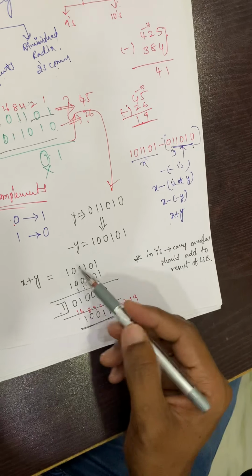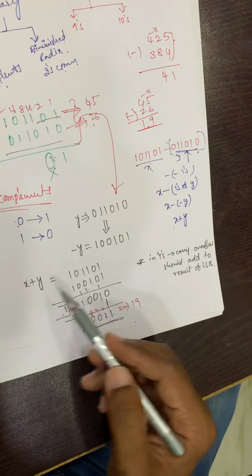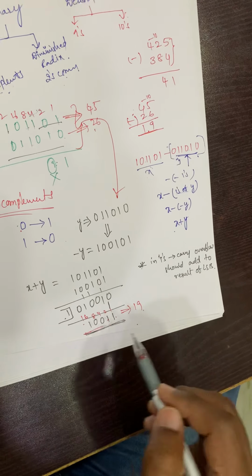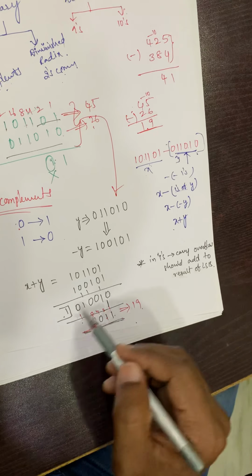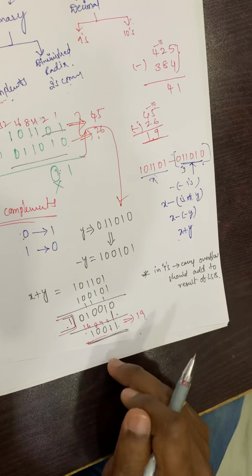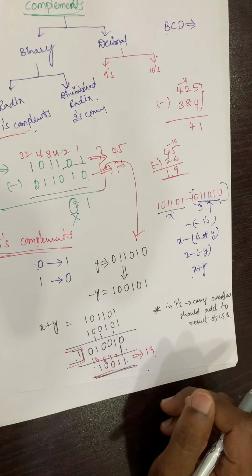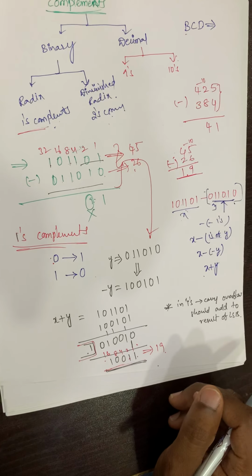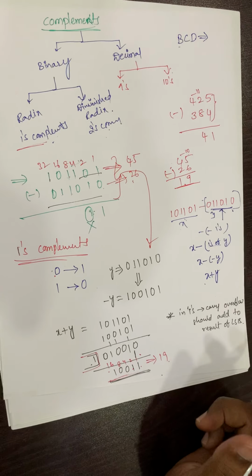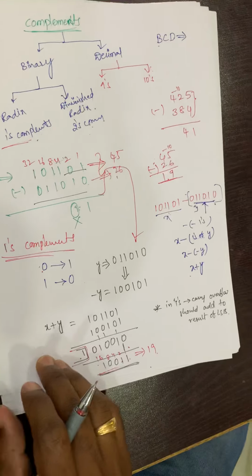Now when you come to binary, this is the procedure. 1's complement, again add to the first number or positive number. If we get the one carry overflow in 1's complement, that should be added to the resultant LSB position, then we'll get the correct answer. So this is the 1's complement method. In binary, the complements are used for subtraction. Okay, next, 2's complement.